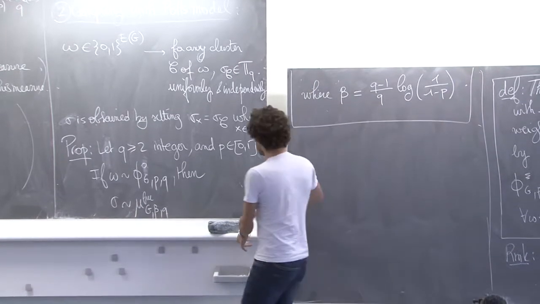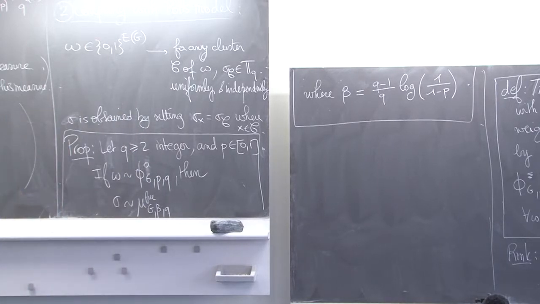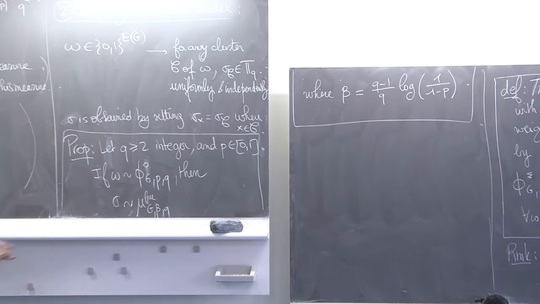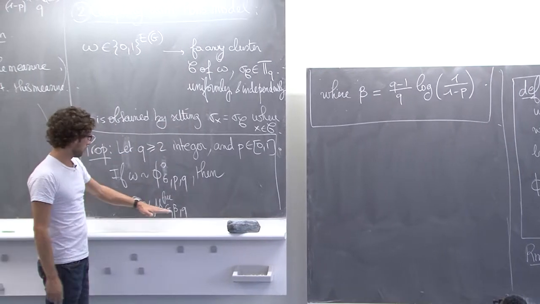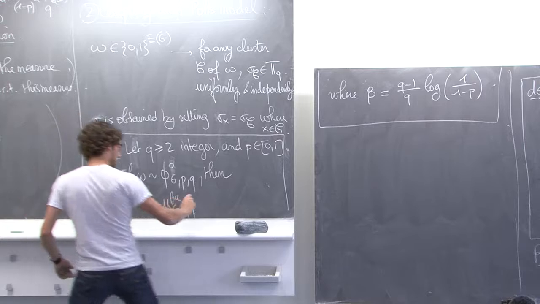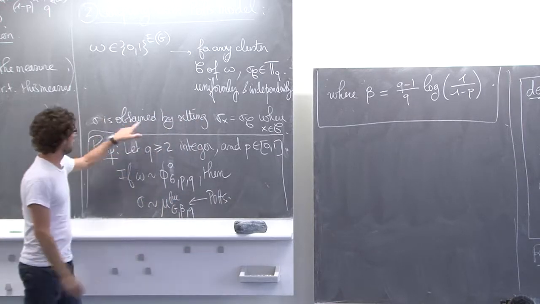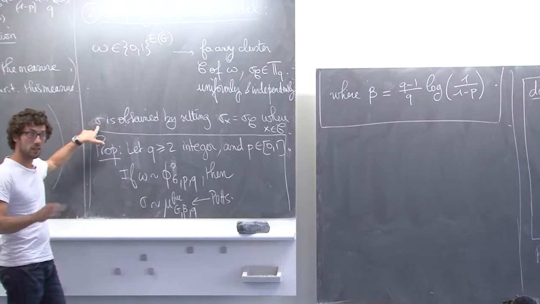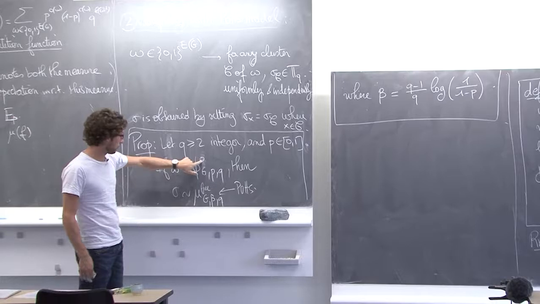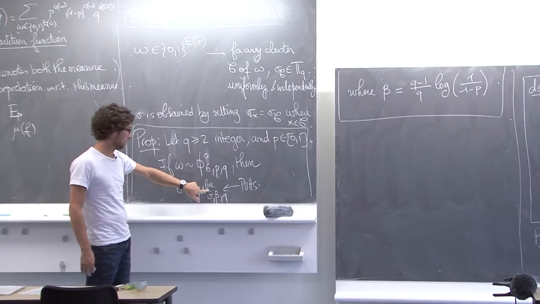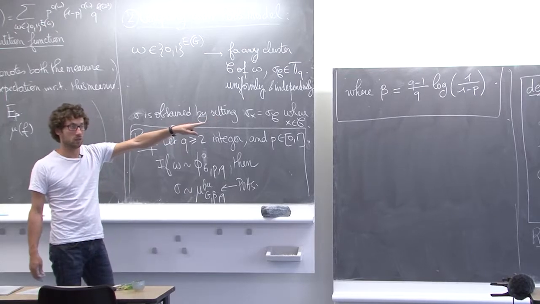So there is a coupling. I can construct sigma from omega. I just sample a random cluster measure, and I get a Potts measure. So the random coloring that I obtain at the end has exactly the law of a Potts model. And if I start from free boundary condition here, I get free here. And beta is related to p through this very simple relation.